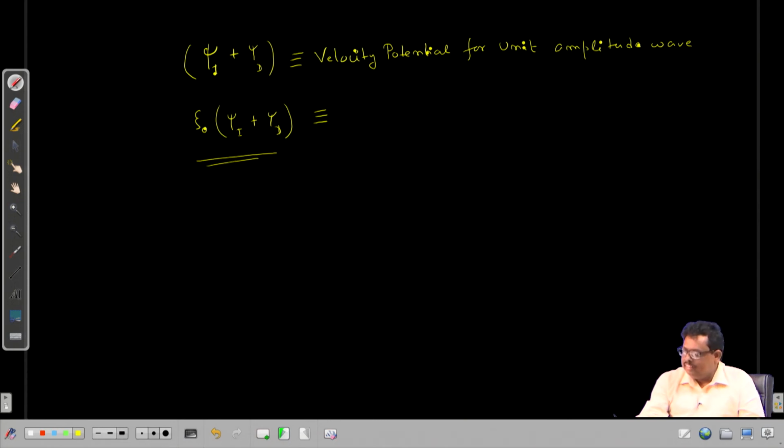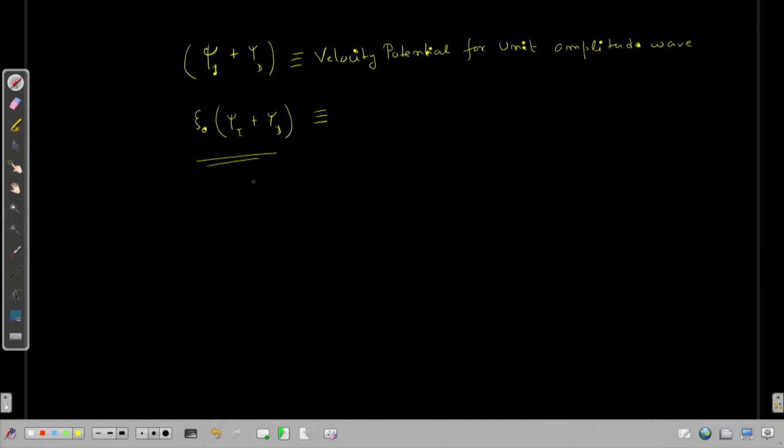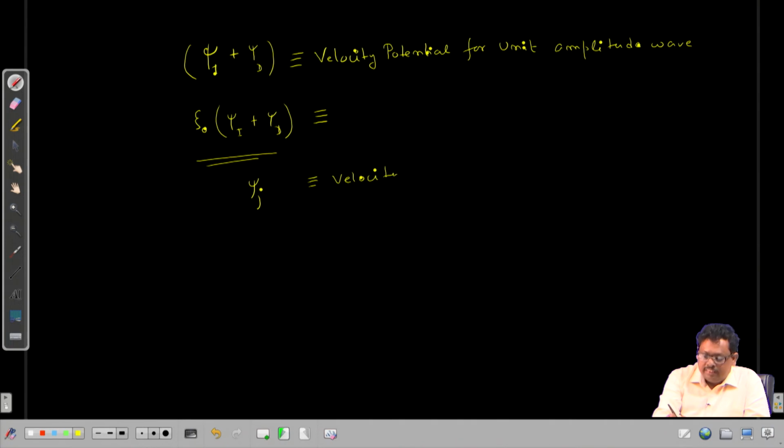Similarly, if we look at the right hand side, now here I have the psi j. This psi j is nothing but the velocity potential